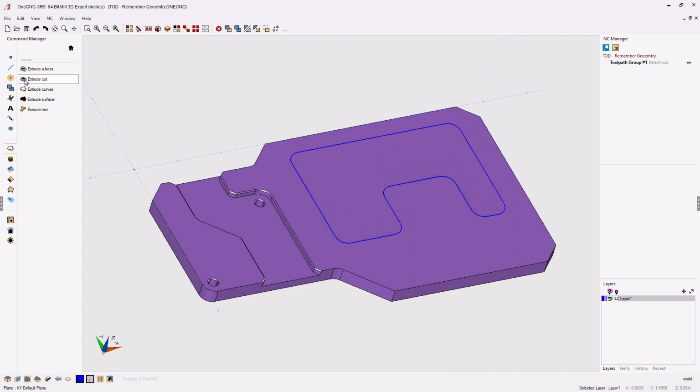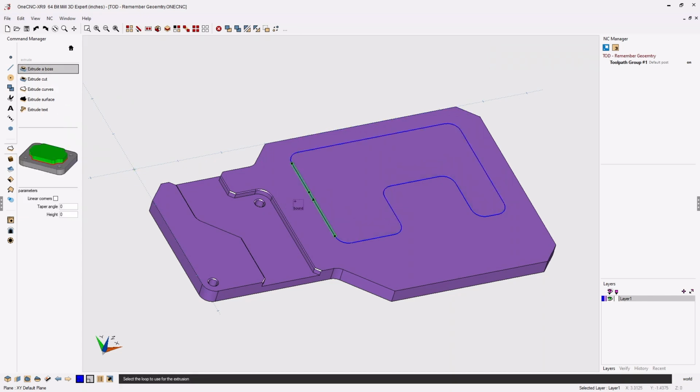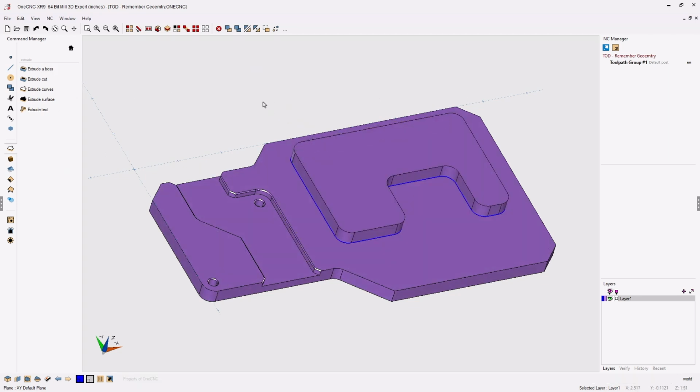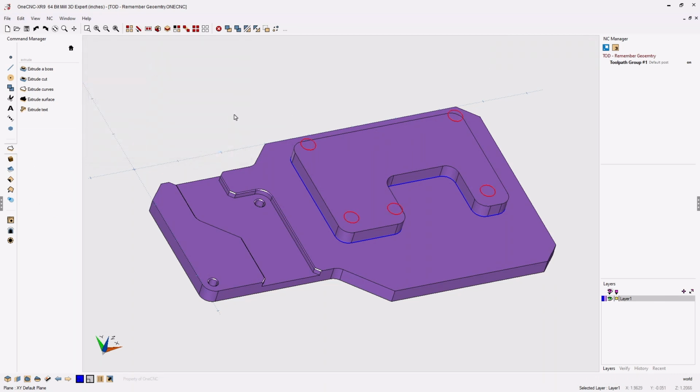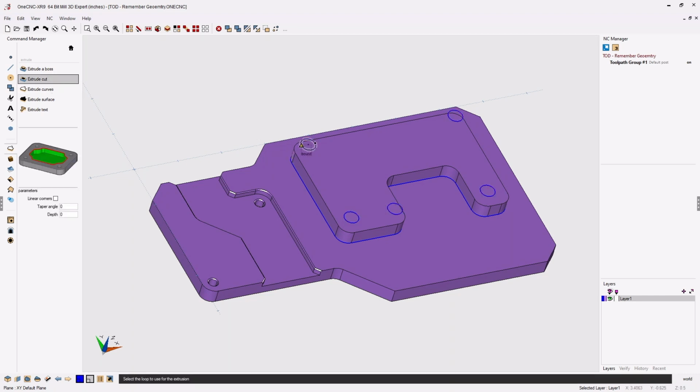Now let's re-extrude this boss to, let's say, 1/4 inch. That looks great. Now we can hit Control V on the keyboard to bring back those circles, and now we didn't have to recreate those. In fact, all we need to do now is just perform our extrude cut command to recut those through the